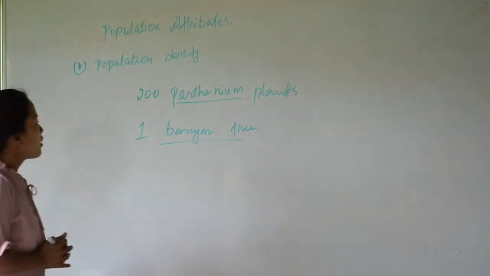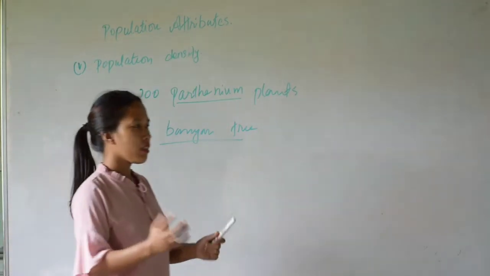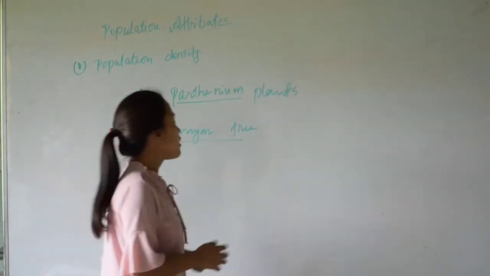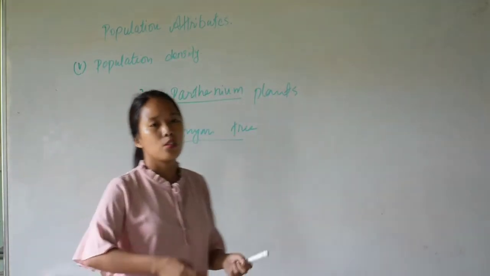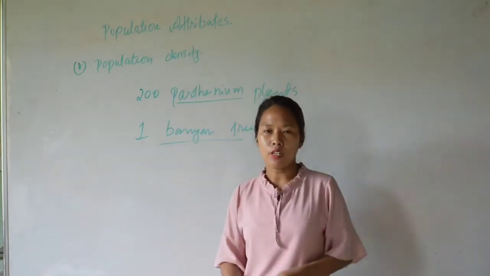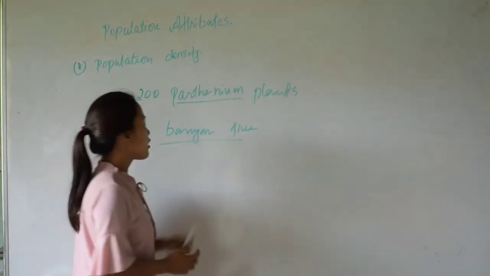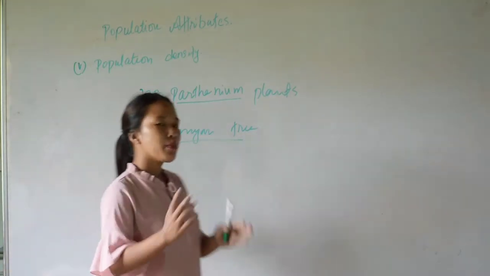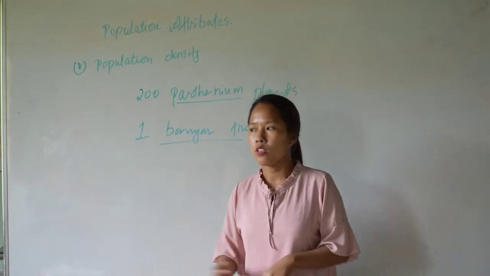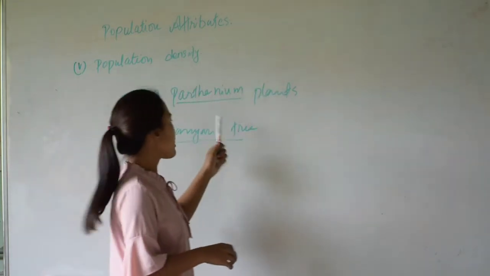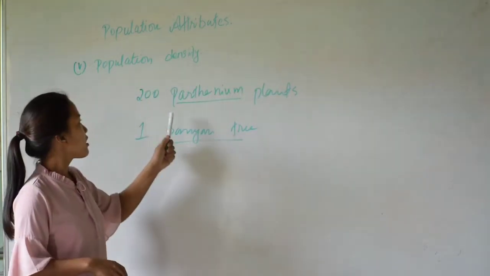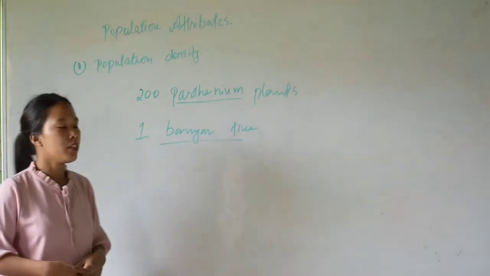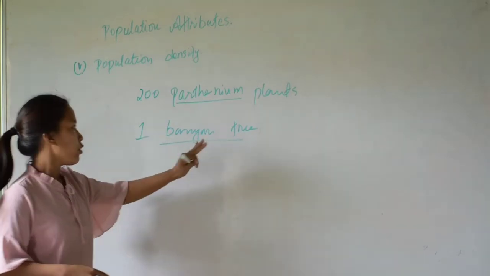So this banyan tree is very big. It has a huge canopy, and the roots of this banyan tree spread about 200 to 300 meters underground. So this banyan tree is a very huge tree, and these Parthenium plants are not as big as the banyan tree. It is very small. So here in this case, if we measure the population density by numbers, then it will be meaningless. It will be like ignoring the enormous role of this